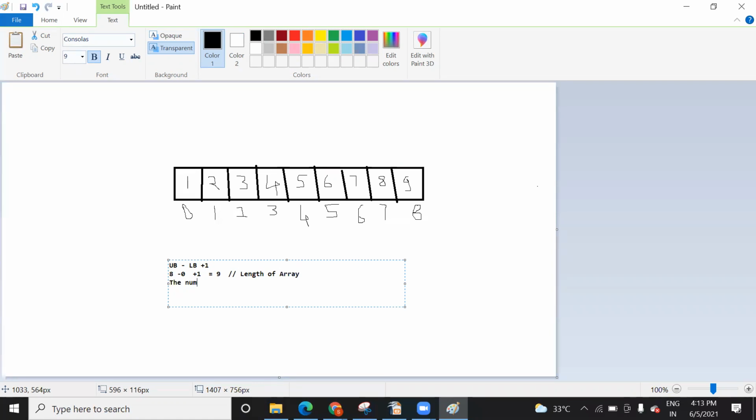Or we can find it out using array totaling. And suppose I say you find out the last index, then how are you going to do that? You usually say size minus 1. So what is the size? 9. Correct. 9 minus 1 will be 8. So that will be your last index. Lower bound is 0, right? Starting index is 0.